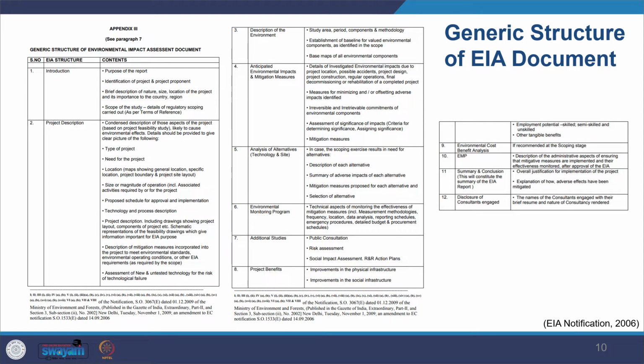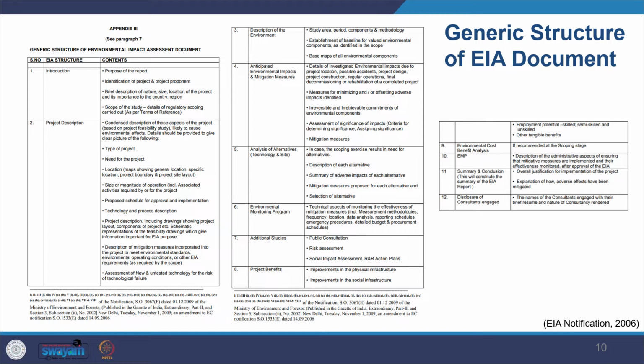So looking at the EIA report structure, in the Indian context we generally follow Appendix 3 of the EIA Notification 2006. That helps you identify what should be the key report structure. So that's the guideline which is available, as well as here, I have also taken input from the TOR, which gives you a sector-wise idea of what kind of report layout has to be there, and what the key elements are which have to come in here.